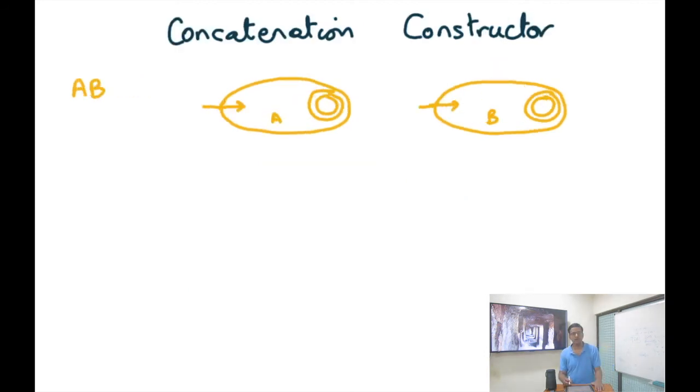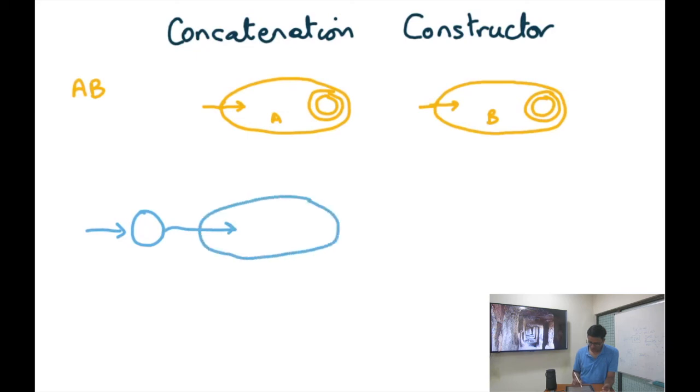Similarly, let's look at the concatenation operator. So once again, let's assume that we already have the NFAs for A and B, and we are interested in finding the NFA for AB. So once again, this is not very difficult. We're going to construct a start state, and then we are going to put A after this, and then we're going to connect the accepting state of A to the start state of B,